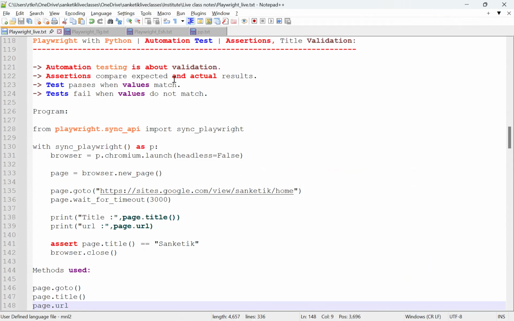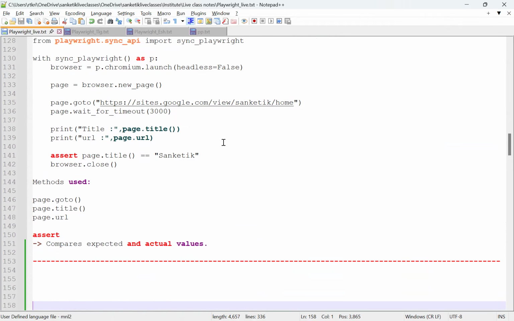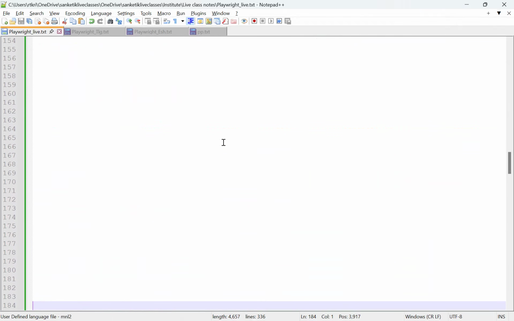In the previous class, we learned about validation and how to use assertions in the script, and we validated whether the test passes or fails. And this is the program we wrote in the previous class without any Pytest or framework. Now we are going to write the code with the framework. So today's title is